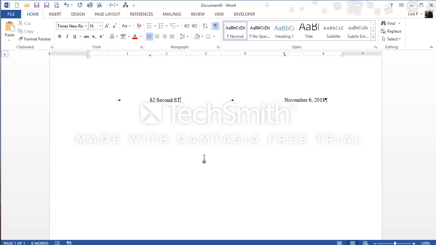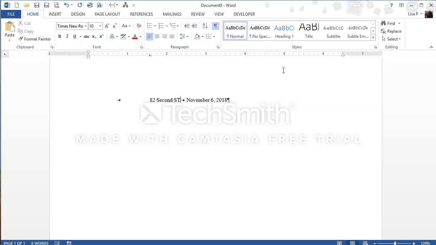And finally, if you want to get rid of a tab stop that you've set, so let's say that we wanted to get rid of the one that's at 5, we simply go up to it, click on it again as if we were going to move it, only this time we are going to move it. We're going to move it down or off the ruler, and when we do that, it disappears. And what happens at that point then is it just picks up the next half-inch increment after the 82 2nd